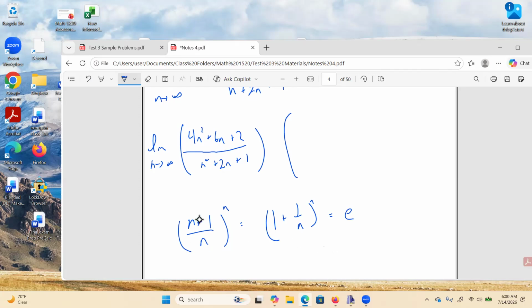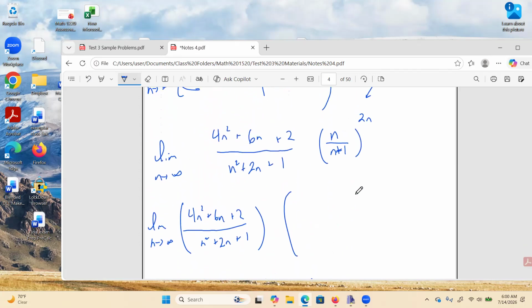This isn't exactly the form I want. I would like the reciprocal of this. Fortunately, reciprocals are easy to deal with as far as exponents go. So I'm going to say this is n plus 1 over n raised to the negative 1, raised to the n, okay? And then, actually, I want this whole thing